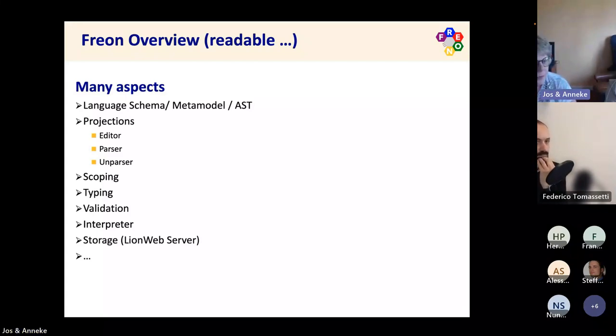Next to that, we have projections, because we started out building a projectional web-based editor. So that's a very core part of our project. We have scoping, we have typing, we have validation, and we recently added an interpreter. And of course, we have to do something about model storage. And for that, we recently linked to LionWeb, which we will discuss later on for a little bit.